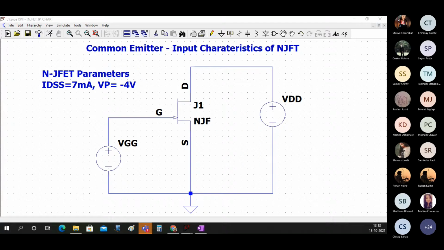Samay, Sayan, okay, the output is okay. That's fine. Makran, okay, that's okay, good. Soham, yes, the output is fine.